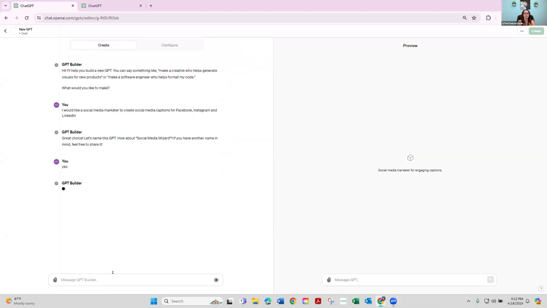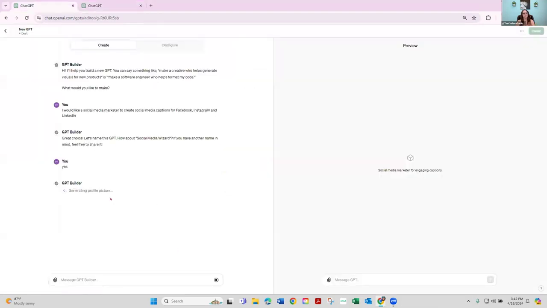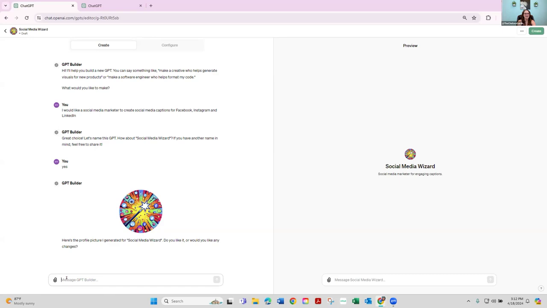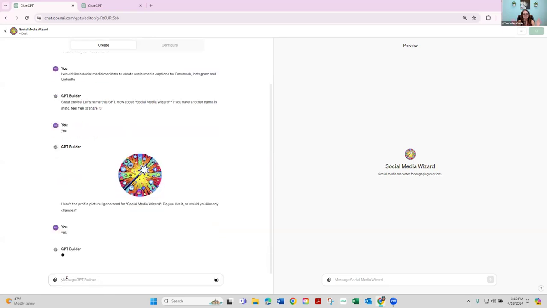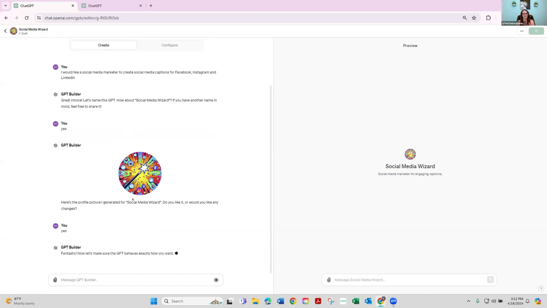We're going to say, yep, looks good. And then it's going to create a fun little graphic. That graphic literally goes right here, so you can't even see it really. So don't get hung up on these first two little pieces when you're creating your GPT in your ChatGPT. Let it generate that profile picture. Fantastic. Look, it's like a wizard wand. So we're just going to say, yep, looks good. If you have changes, you can absolutely change it. But like I said, don't get too hung up in this area here.